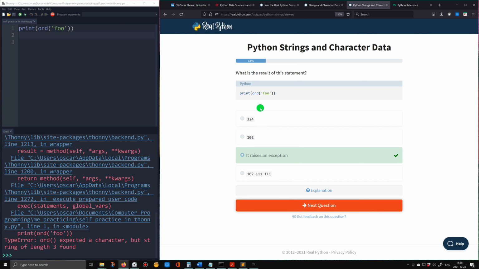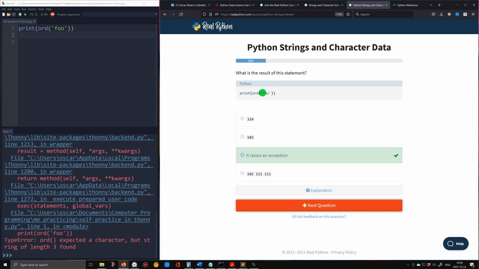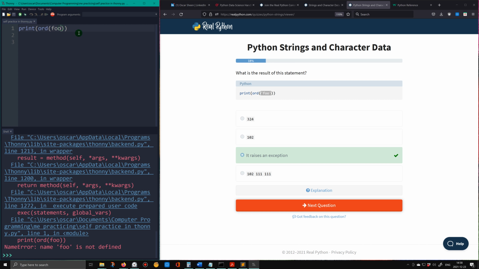Yeah. Wonder why that is. Converts a character to an integer. Well, that's a string, isn't it? So if I got rid of the apostrophes, then that would convert to an integer. Let's have a look. No, see, that doesn't do it either. Anyway,